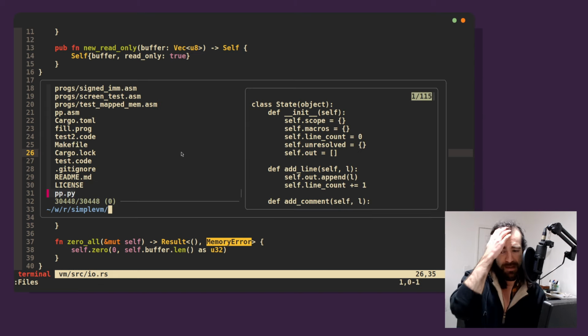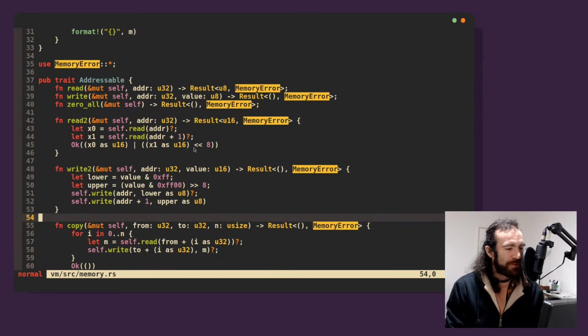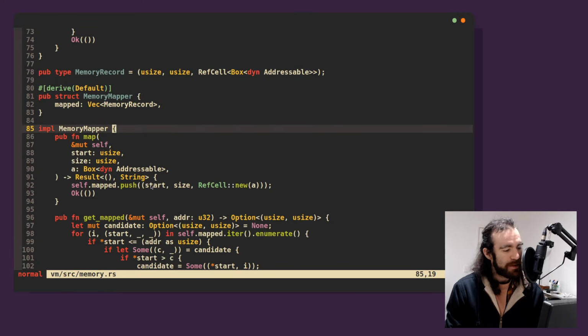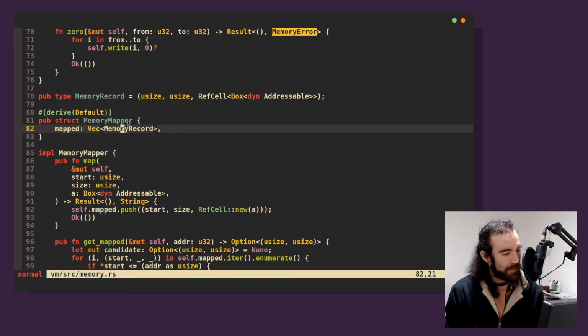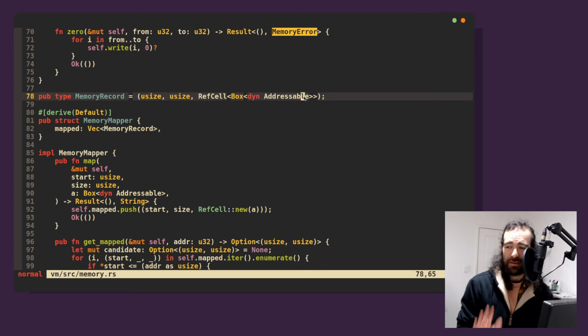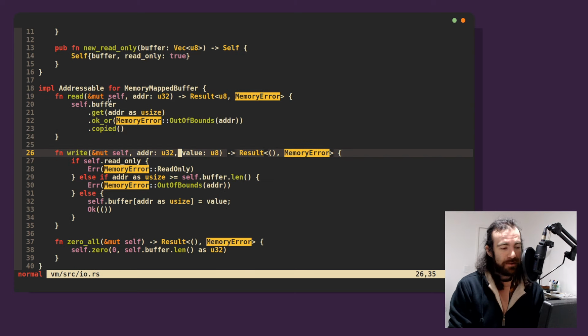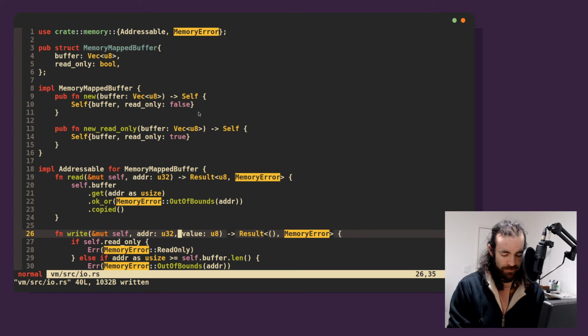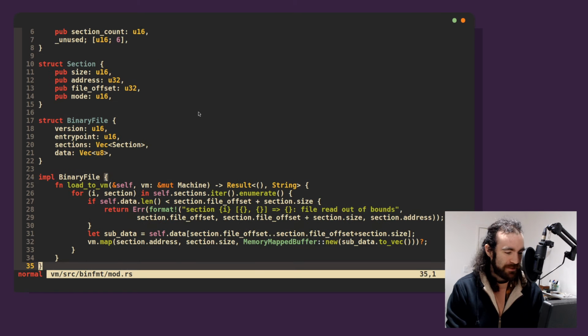Now again, maybe this should exist at the mapper level. We've really gone on a side quest. Maybe this should exist up here, where we have the mapped memory record. Maybe read write, like maybe some of these permissions should exist in the actual record that we do translation on. But I think it makes sense here for the actual buffer to have a say in this as well. Okay. That was a big side quest. That was a really big side quest. All that to say is,